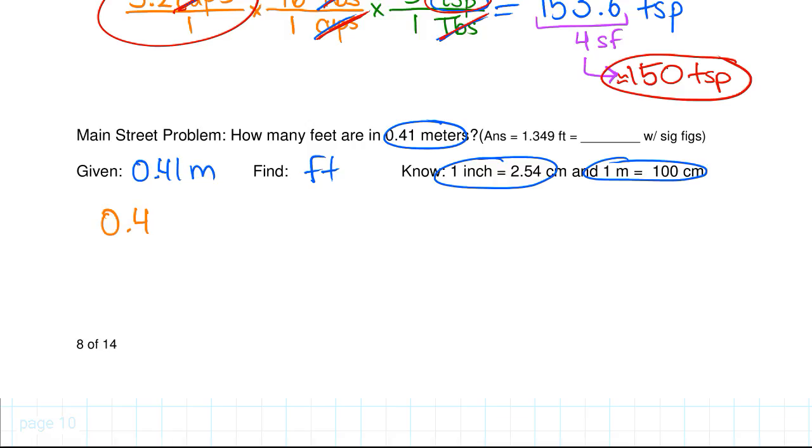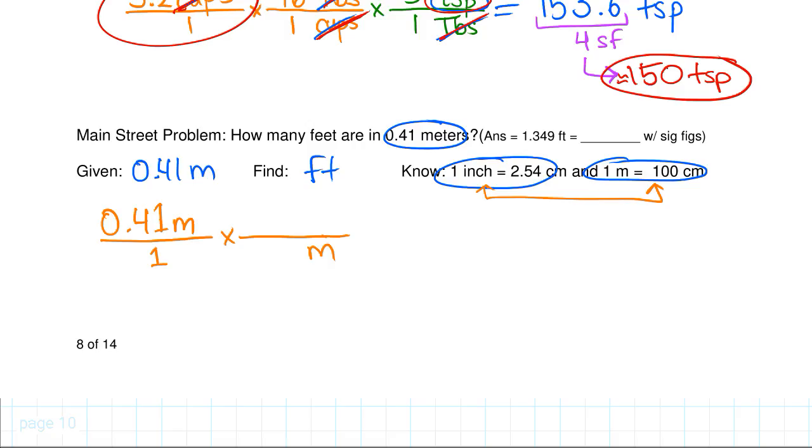0.41 meters over 1. Put what you know over 1 just so you know it's where you're starting. It keeps everything in order. You don't have to, but it helps to orient yourself. I need to get out of meters. I don't want meters. I need to work toward feet, but I don't have an exact conversion that gets me directly from meters to feet. So I need to put meters down here, knowing I need to get rid of it. But what can I go from